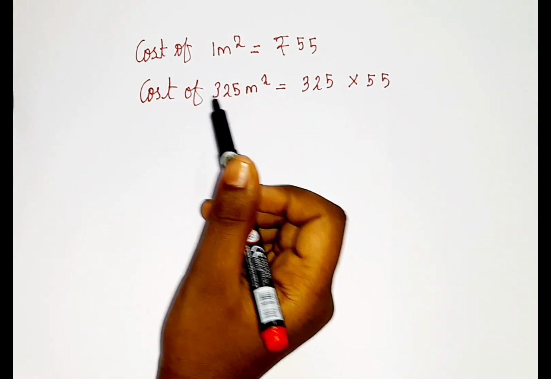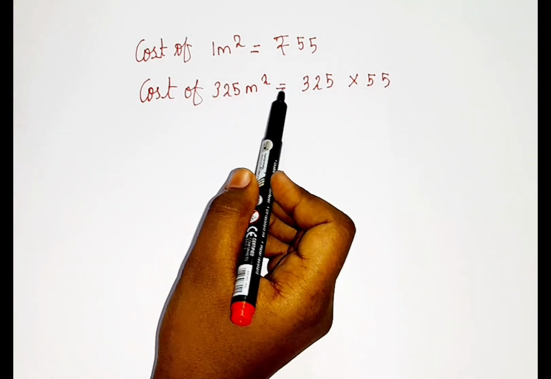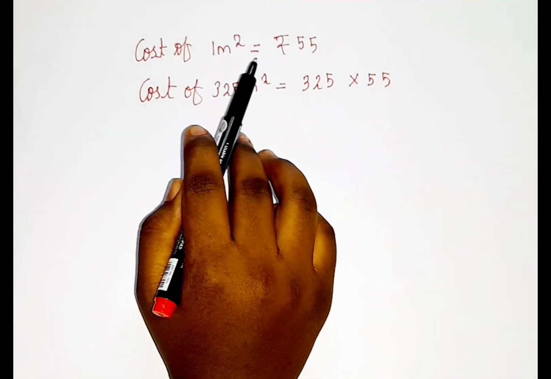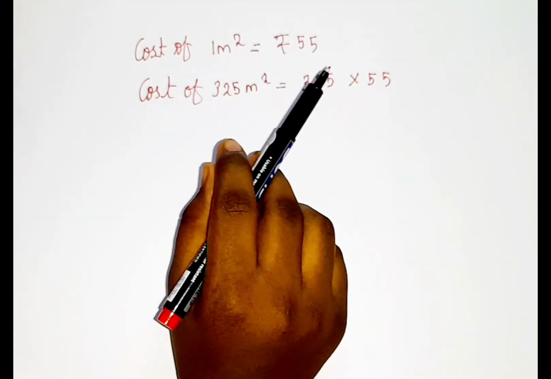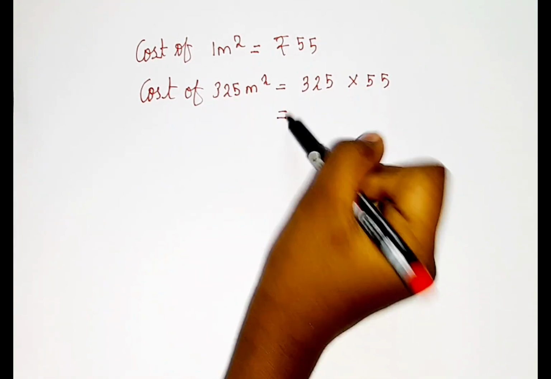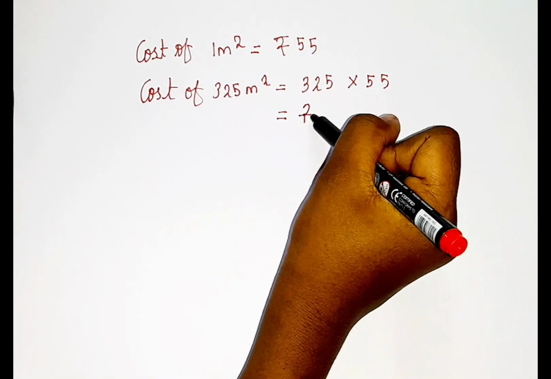Instead of 325 if there is 10, so 10 meter square is equal to 10 into 55. We will just multiply it with the 1 meter square value, the price of 1 meter square. So here 325 into 55. So 325 into 55 is rupees